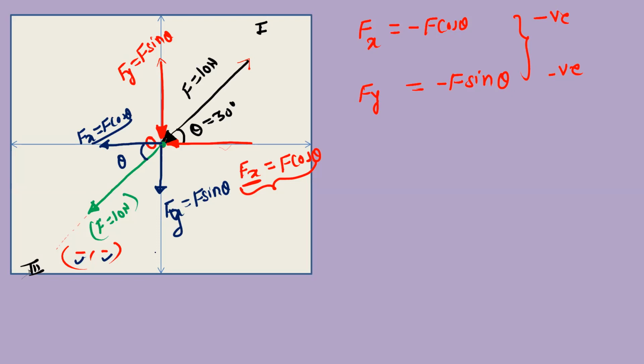Okay, so you can follow any one procedure. Either you resolve the force at this point only, or you extend the line of action, shift the force from first quadrant to third quadrant, and then you can resolve the force like this. So the effect will remain the same as the force is a transmissible vector. So I will show this with two separate diagrams.